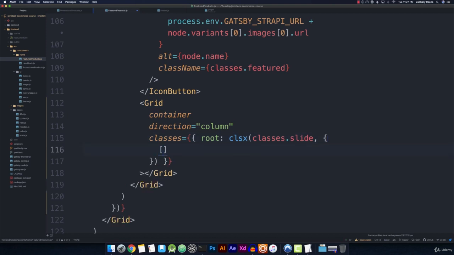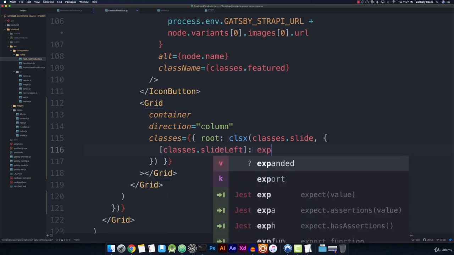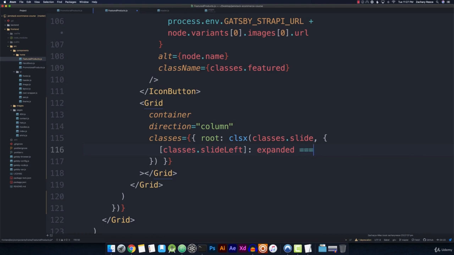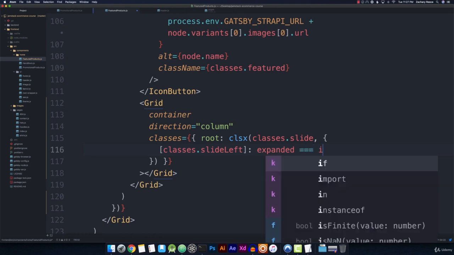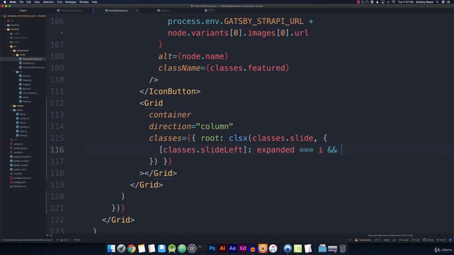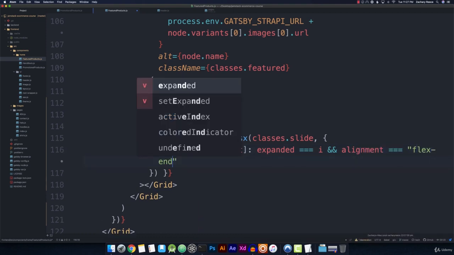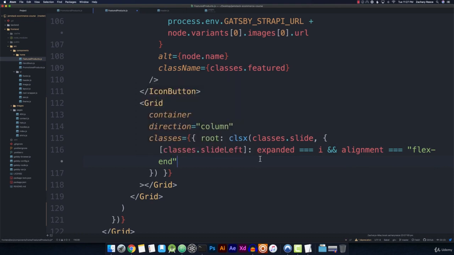And now in brackets, we want to add the classes.slideLeft class only if the expanded piece of state is equal to that slide's index and the alignment for that slide is equal to flex end. So we only want to slide left if we're on the last one that is aligned to the flex end, and then add a comma, and